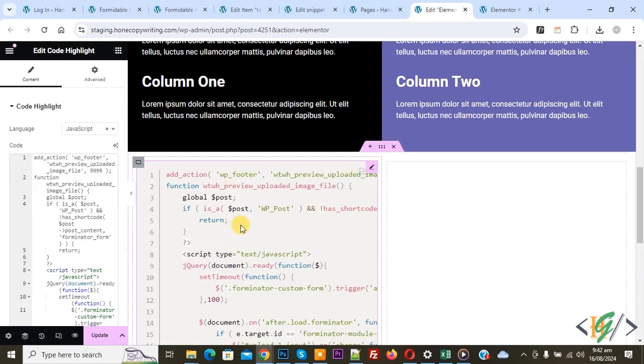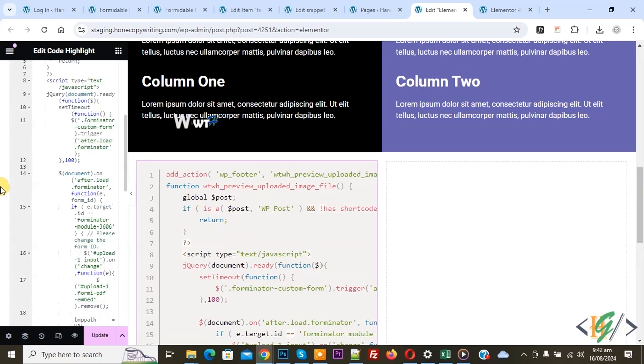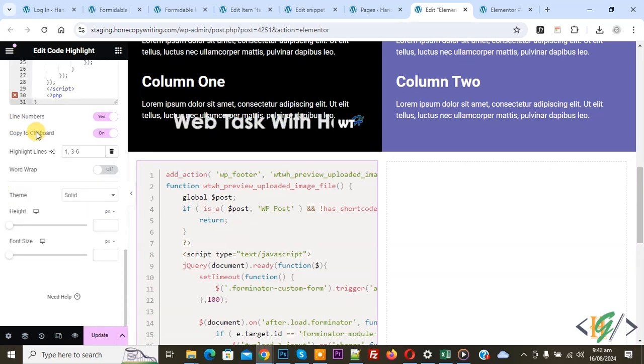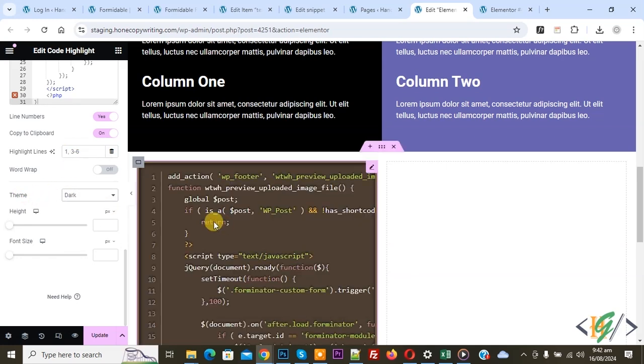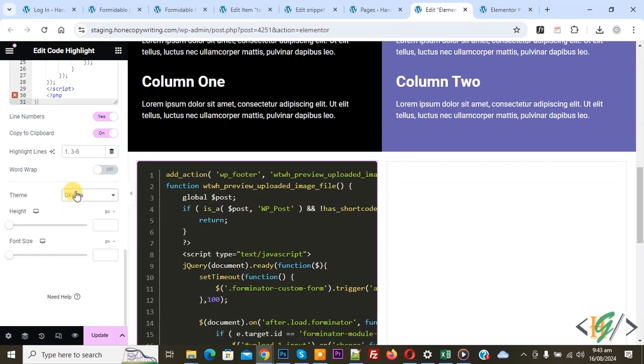Now you see layout, and then scroll down. You see line number, and then you see copy to clipboard. Enable this option, highlight line. Now if you want, you can add line numbers according to requirement. And then you see theme solid. Now select dark. Now you see, you can select according to requirement, and then you see height and font size, and then